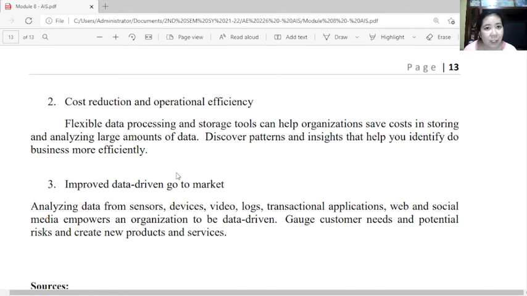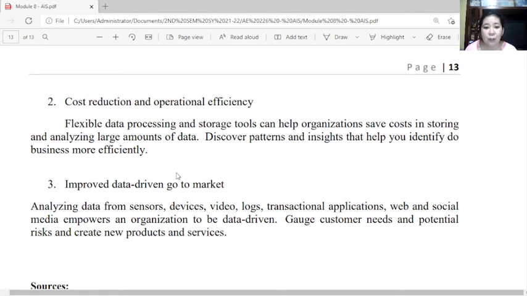Meaning, actually in our time today, every decision making should be data driven. It will support our decision making and most likely it will not give an accurate expectation or result, but most likely it will give us the prediction of what will be the outcome.